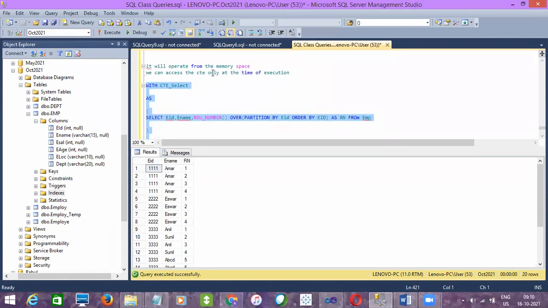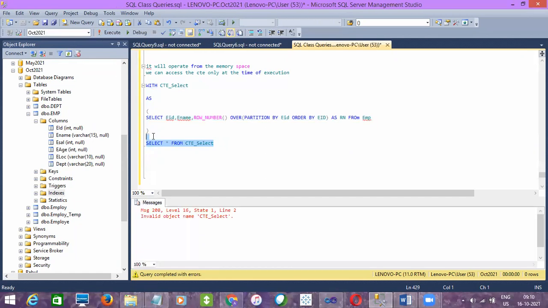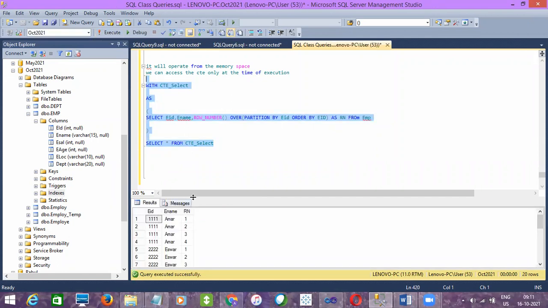We can access the CTE only at the time of execution. So let's say this is at the time of execution. I come out of the execution, and then if I do SELECT * FROM CTE, am I able to access it? No. We can access a CTE only at the time of execution, which means whenever you want it, you can highlight the full CTE code and then execute it. It will execute. That's it.